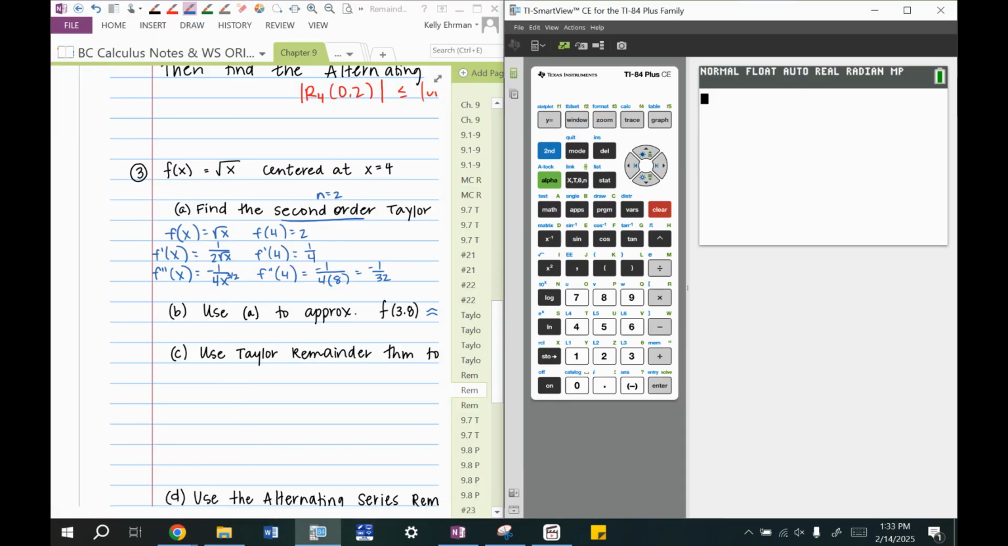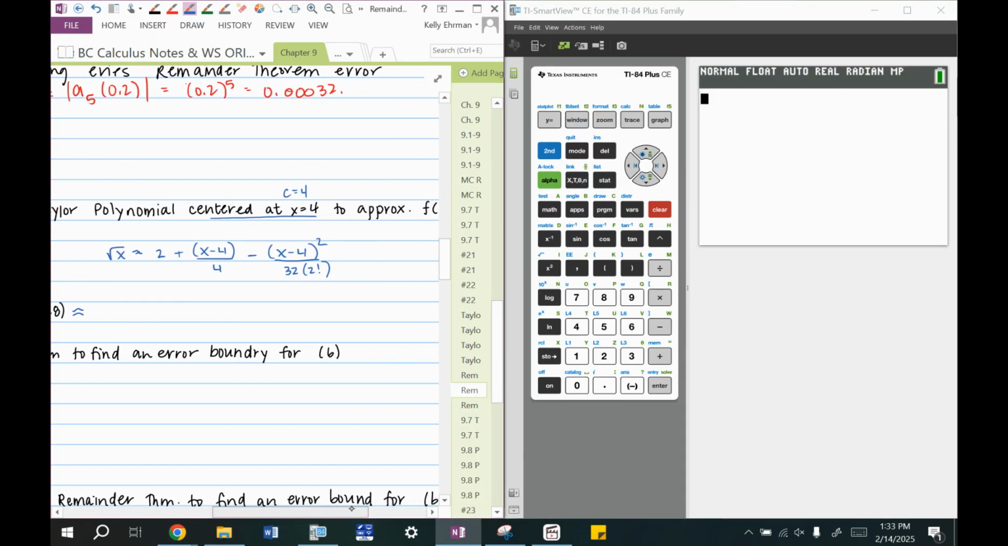So let's head over to our calculator. So 2 plus 3.8 minus 4 is negative 0.2. And I would need that in parentheses. Well, I guess not for this first term, but when I'm squaring it, I do. And the 32 times 2, or just do 64. 32 times 2 would need parentheses around it if you're doing it that way. So I get